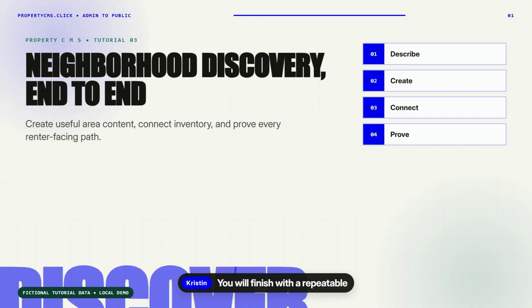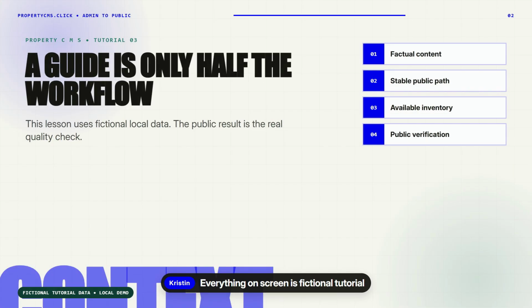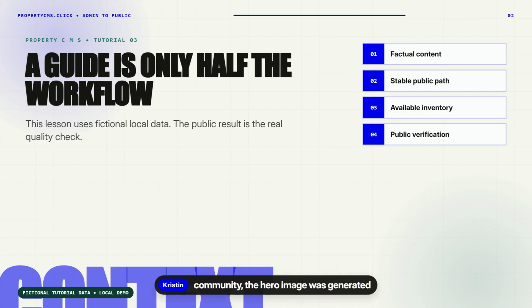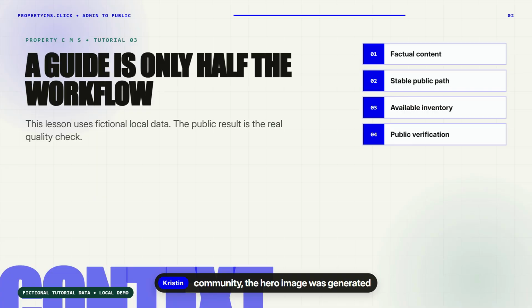You will finish with a repeatable administrator to renter checklist. Everything on screen is fictional tutorial data inside the local Docker environment. Lantern District is not a real community. The hero image was generated for this lesson, and the property is the same fictional listing created in the previous